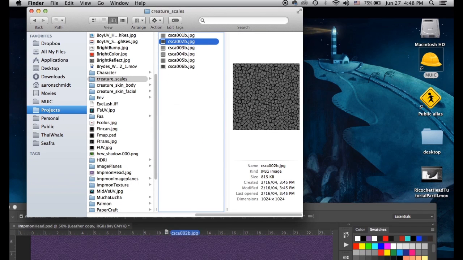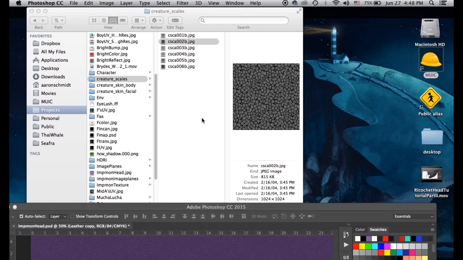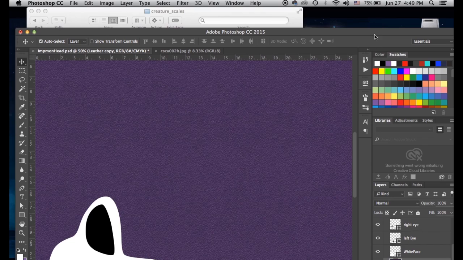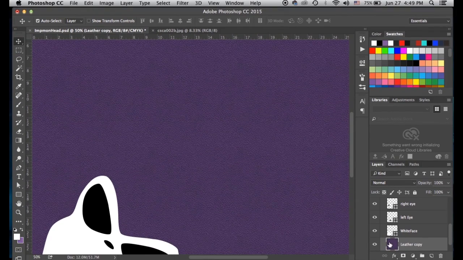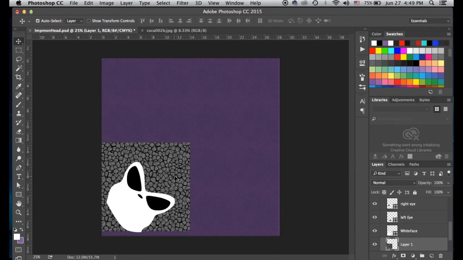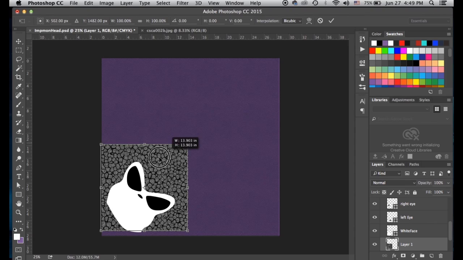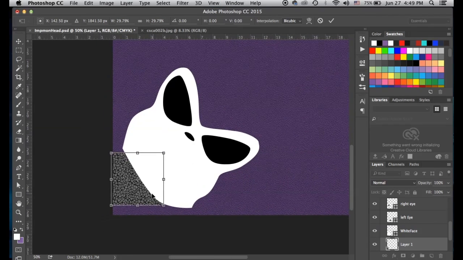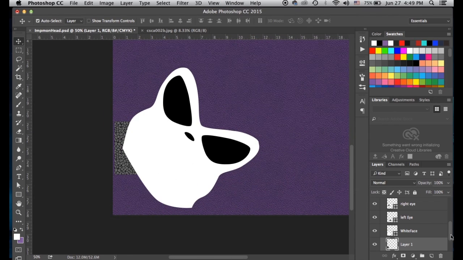Alright, I'm going to pull this in, and I'm going to use this for the face, and I'm going to copy it and paste it in here. And again, look at the scale. I don't want this to be this huge, huge, huge face here, so I might scale this down quite a bit. I want this to be,